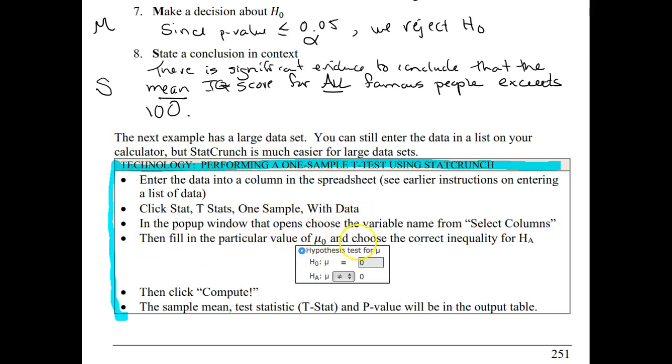Then a pop-up window would appear. You would select the column of data you want to use, and then bubble in next to hypothesis test for mu, and fill in these values. You'd fill in whether we want a two-tailed, left-tailed, or right-tailed test, and what the specified value of mu is in the null hypothesis. Then you'd click compute, and there will be an output screen that will give you the test statistic, the t-statistic, and the p-value for that test.